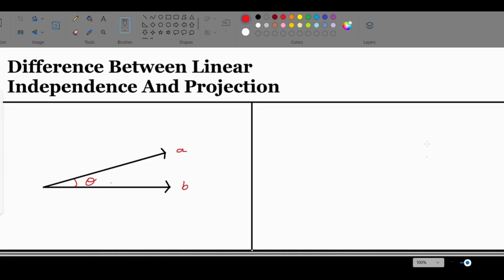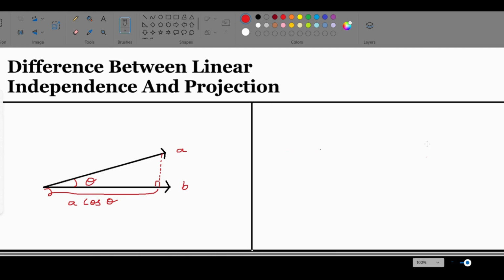These two vectors will also be linearly independent of each other as long as they don't lie on the same line, because that would be the only way that they are dependent on each other. However, in high school, you may have learned how if you create a perpendicular line starting from A up to B, the distance between the origin of B up till this perpendicular line is equal to A cos theta, which is the component of A on B. Similarly, you can even get the component of B on A, and that would be B cos theta.